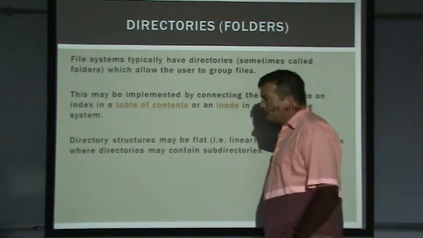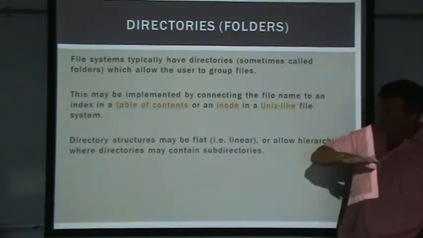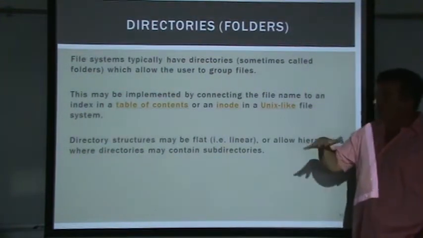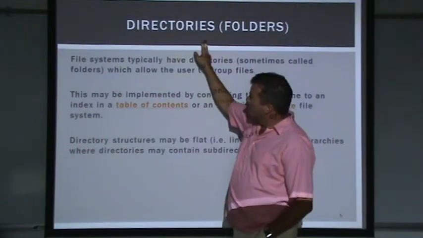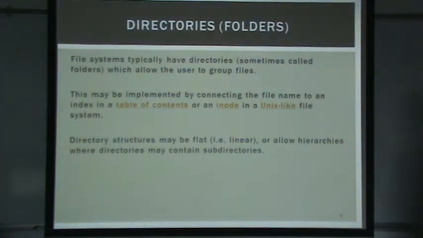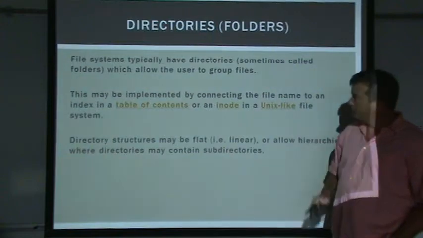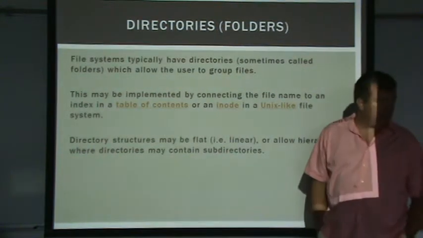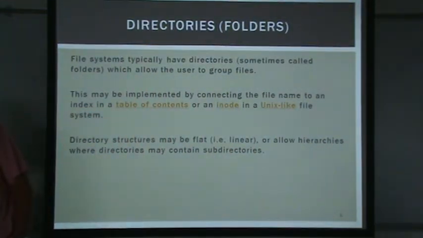And then for organization, a lot of operating systems do this, but you don't have to. Instead of your files all being in one place, you could organize them in a hierarchical way using what Unix-based systems typically refer to as directories and Windows systems refer to as folders. You can have your file system have a tree of folders or directories, and then inside those directories we have the files.